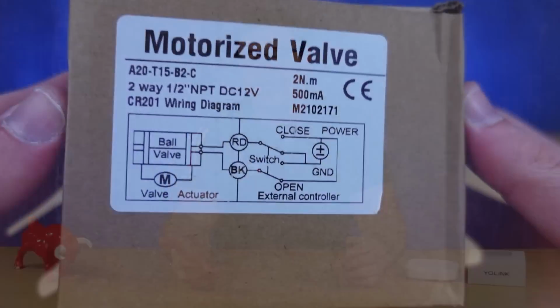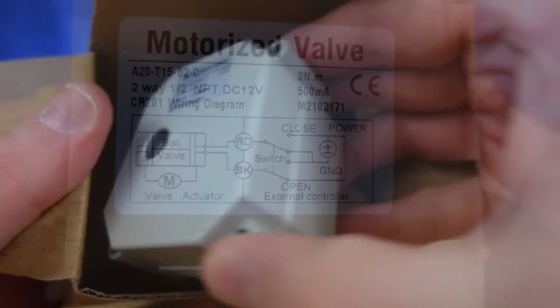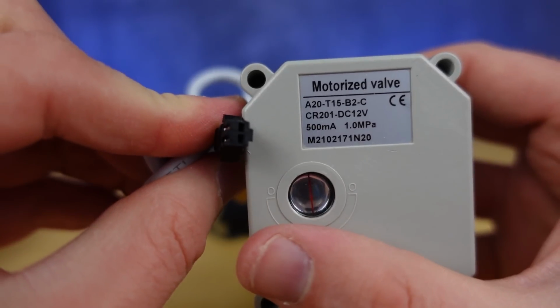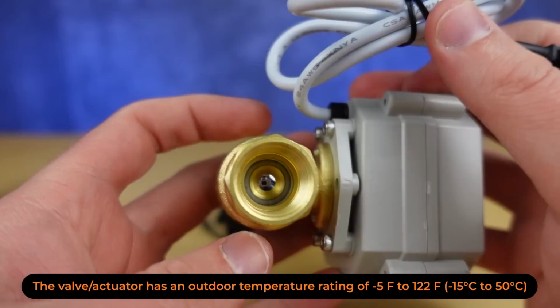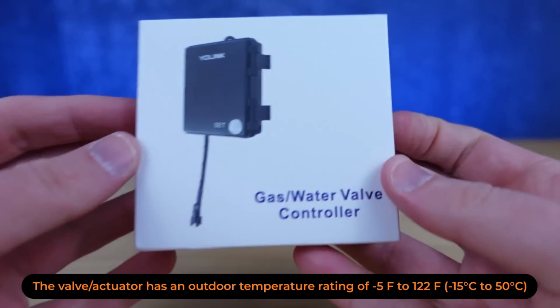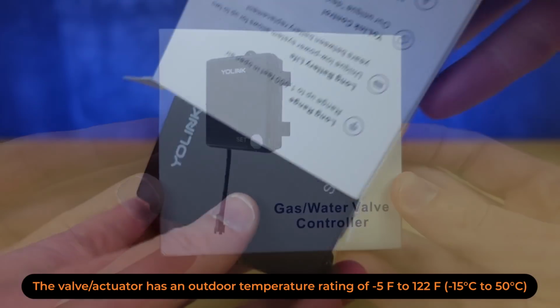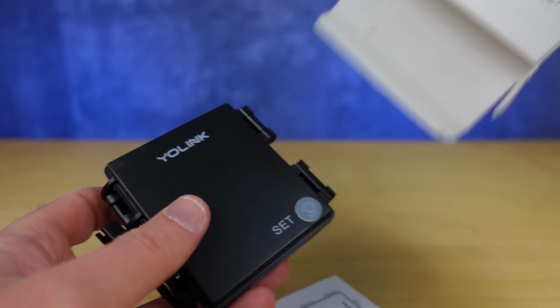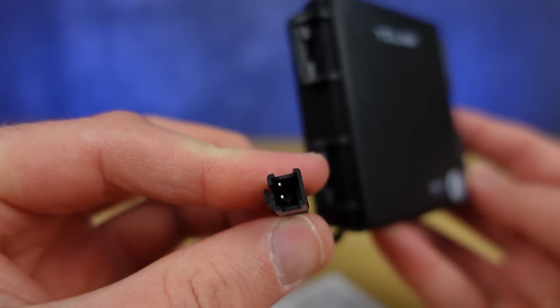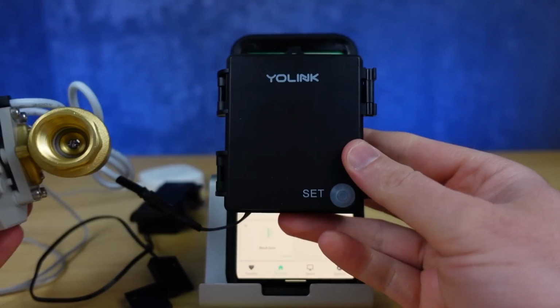all well and good to have leak detection, but you need to do something with it, and you need to feel really good about that action actually happening. So they sent a motorized valve, or a motorized actuator actually, and then they sent a little battery pack, or it's the controller for that. And yeah, it's battery powered, so you could stick this on any part or in any part of your home